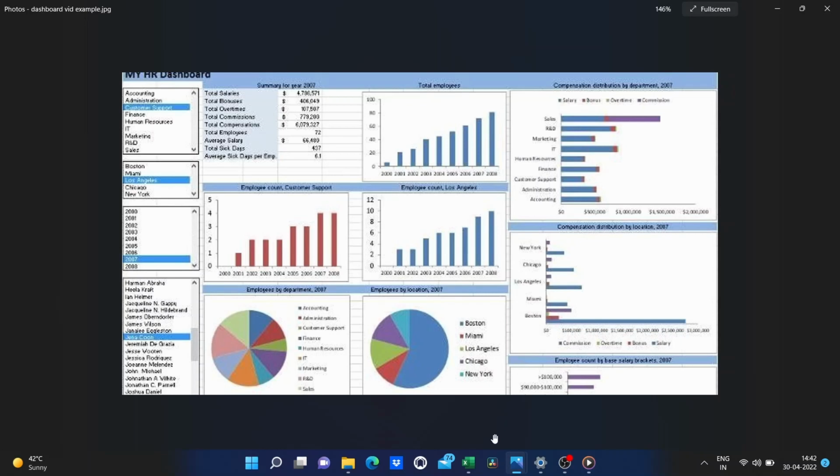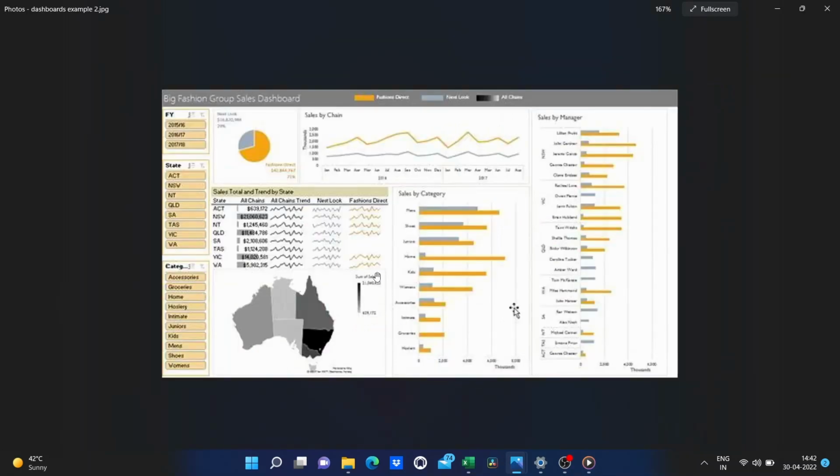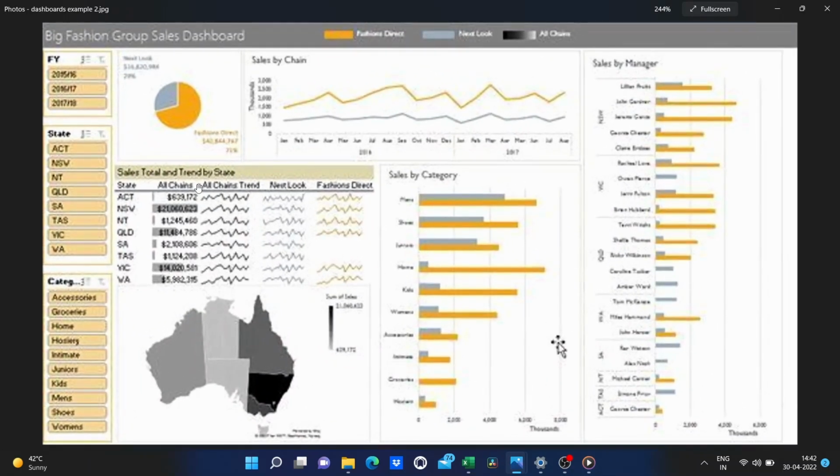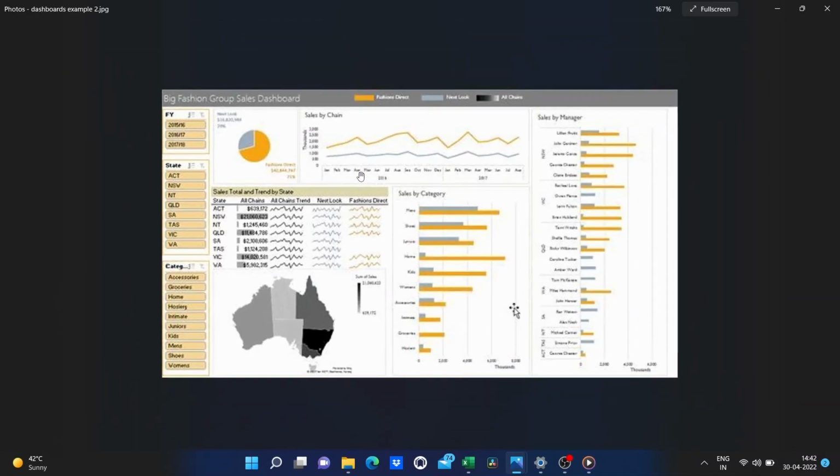Here's another example. This one's showing sales total and trend by state. Now of course, in Excel, you can create stuff like this right on a regular spreadsheet. But with a dashboard, it looks a little nicer to pull the charts, the graphs, the numbers that matter most out from the regular spreadsheet that you normally use, separate them and put them on their own spreadsheet.